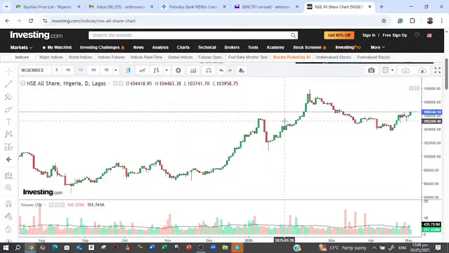Back to the US to see what is happening. As we speak now, the market is in red. I think all the indices are looking southward as we speak, as all eyes are still on trade-related headlines from Trump, and also more companies are expected to release their earnings. Also, the decision of the Fed later this week. These are things shaping the market.